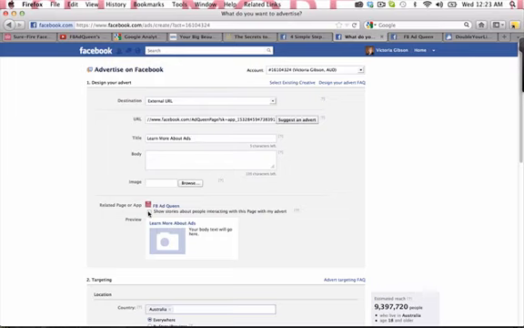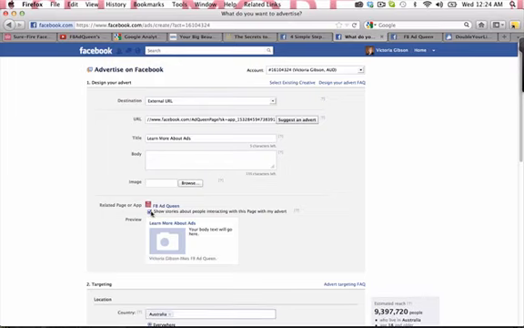I can still show people interacting with the page and get that social proof there, but I just lose the little click like in here. I lose that option. But that's one of my most recommended strategies, is to do this type of ad, because you're more likely to get the actual lead. So there's some good